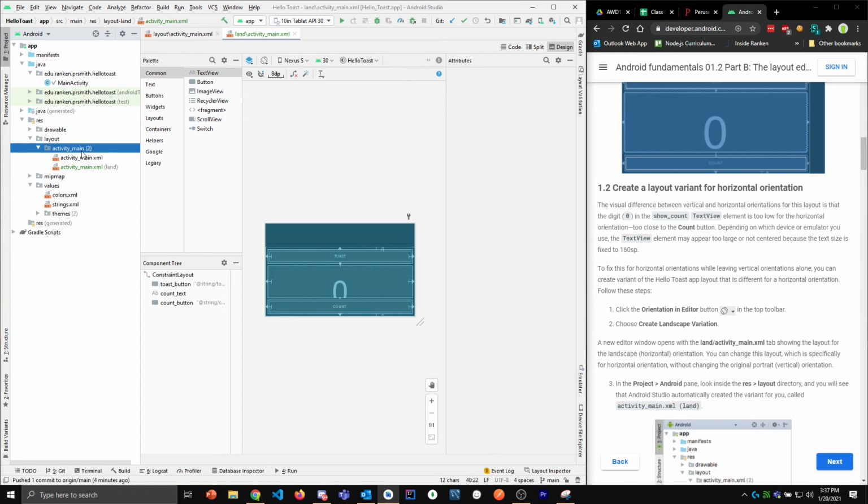Can you go over where you clicked again? I kind of missed it. So it's the orientation here. I said create landscape variation. Oh, okay. So what we see here now, activity main is the name of the activity, the name